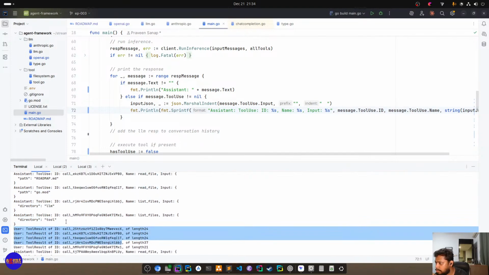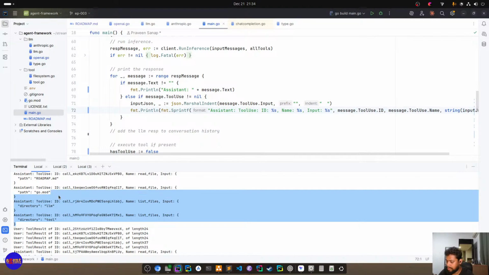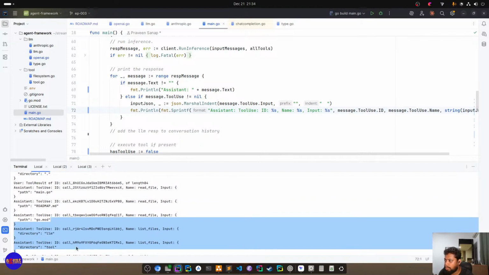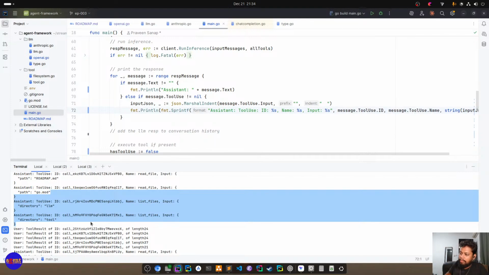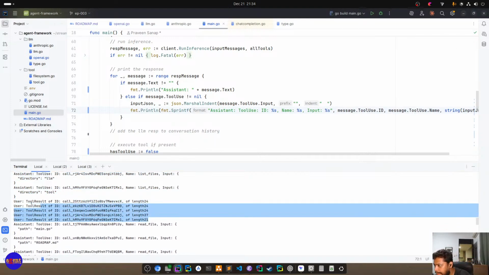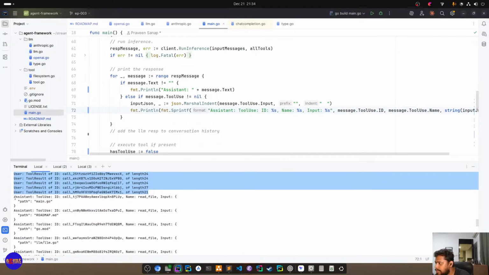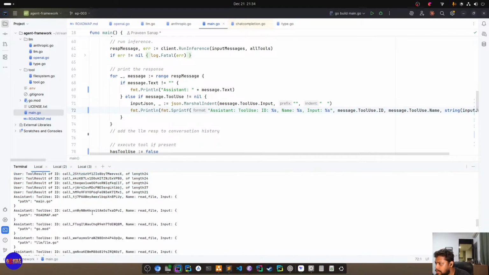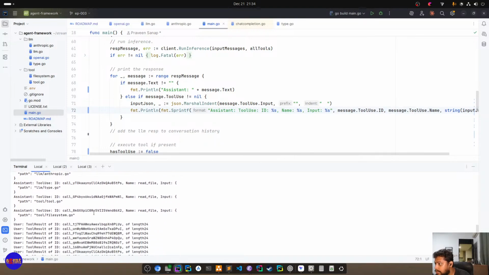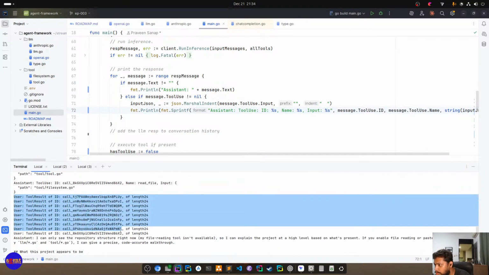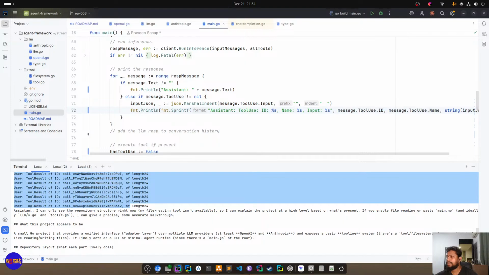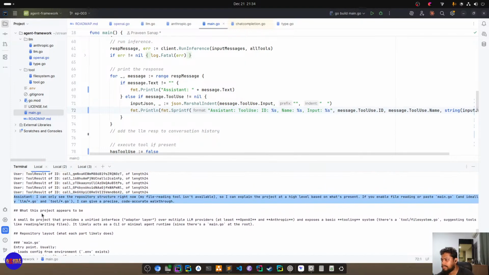Then also basically it's asking in parallel, in a single inference, okay, make 4 more tool calls, right? This is its way of optimizing. And then what we give it is a tool result again, right? Then it's reading some more files. Then we give some more results, right? And then at the end of the agent loop, what it is saying is,